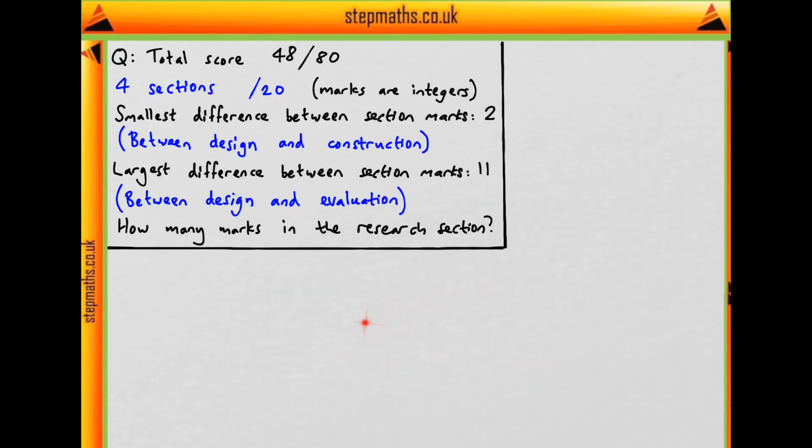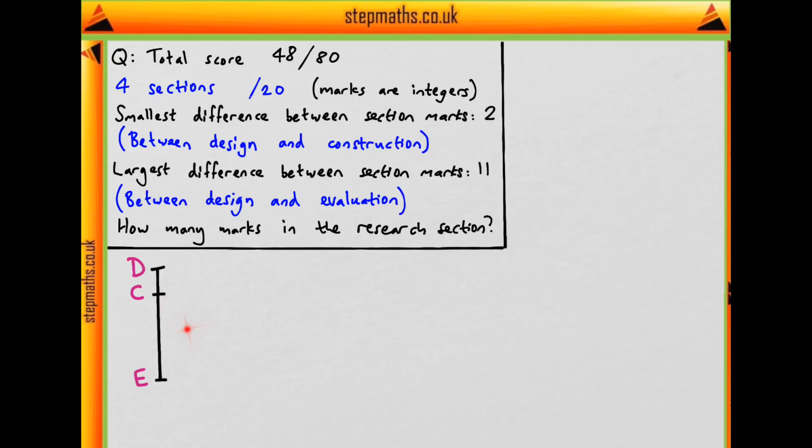So where shall we begin? Well, I find it always helps if you can visualize what's going on. So let's draw some sort of number line where we've got each of design, evaluation, and construction on there. We know there's a small difference between design and construction, and a big difference between design and evaluation. So we don't know whereabouts these are, but let's assume, based on these differences, that it looks something like this. So evaluation is the lowest and design is the highest, with a small difference between that and construction that's just